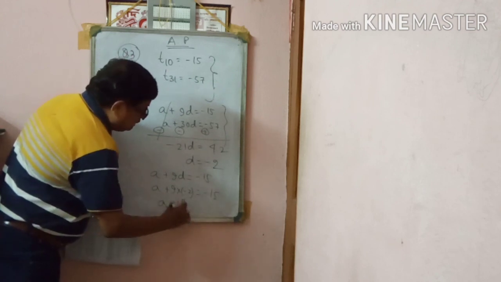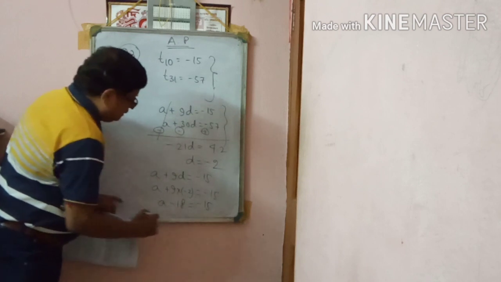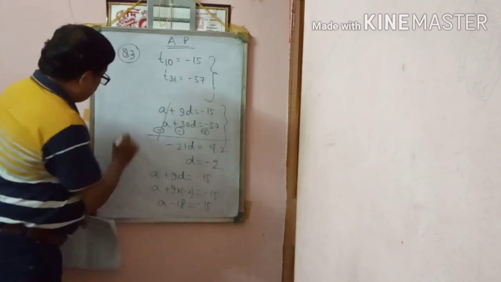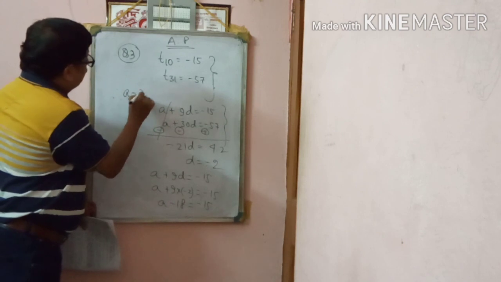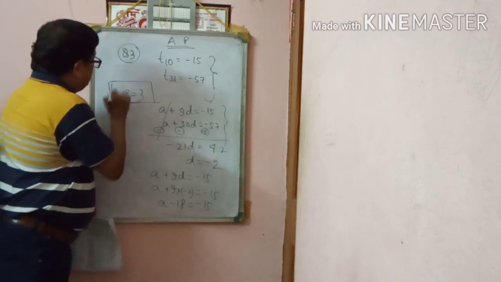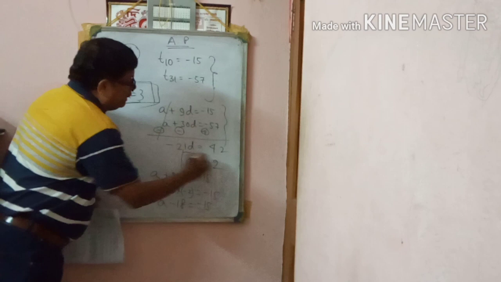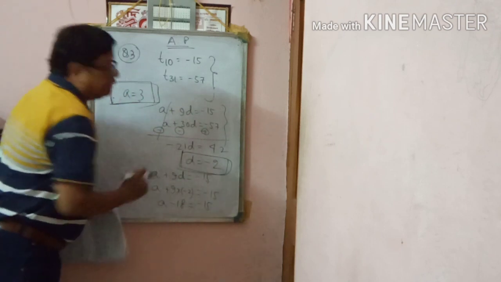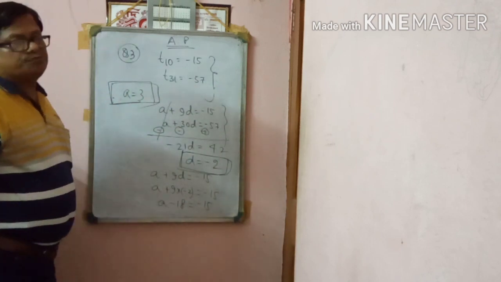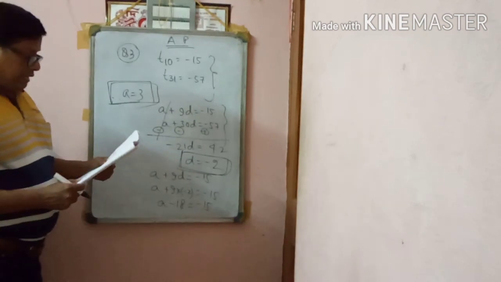a minus 18 equal to minus 15, that is a equal to 3. So, therefore a equal to 3 and d equal to minus 2. These two values. Okay. Next,